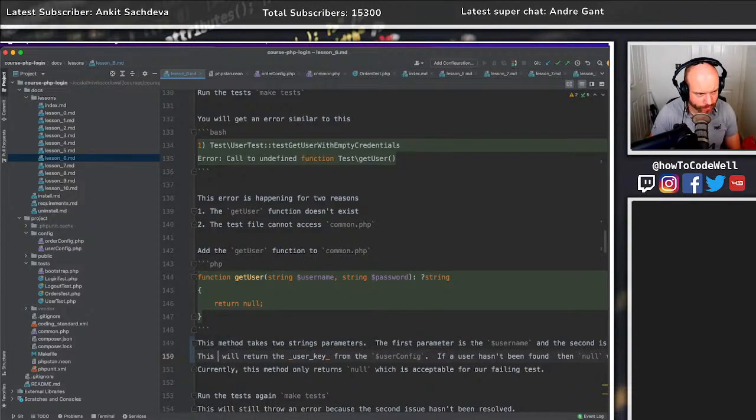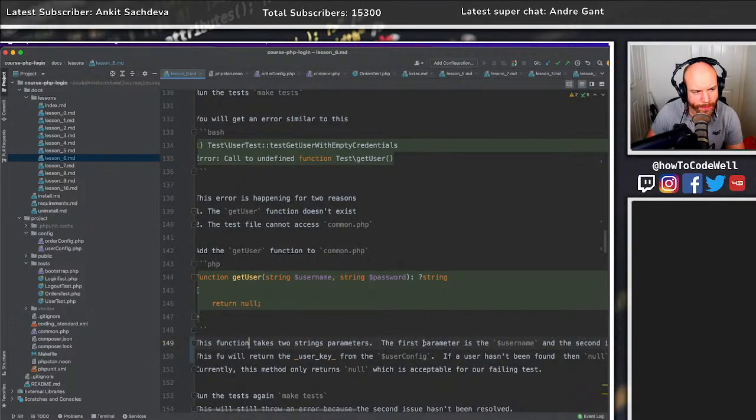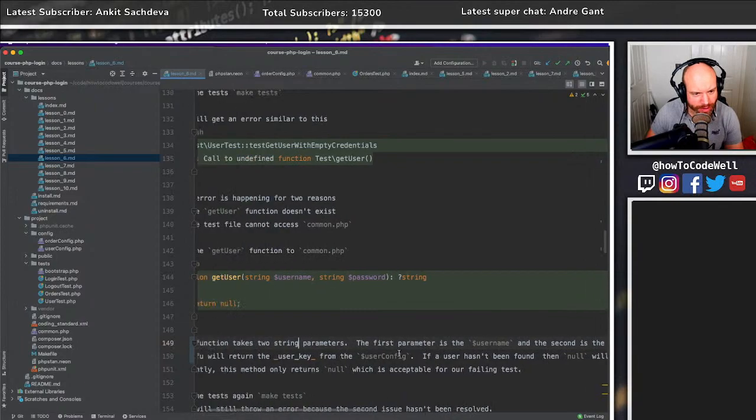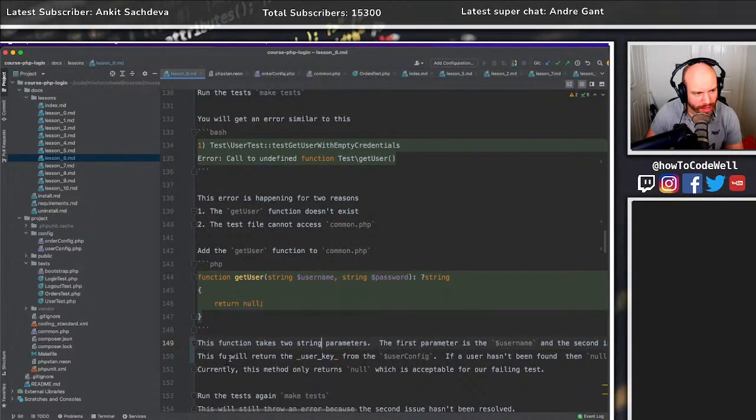This function. I should call that a function, not a method, because we're not in an object. This function takes two string parameters. The first parameter is the username, and the second parameter is the password. The function will return